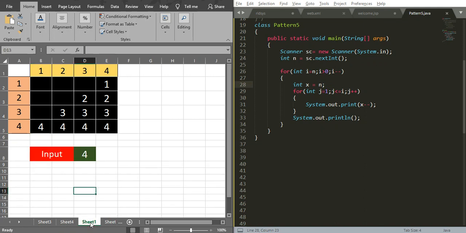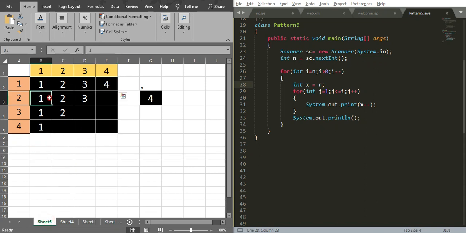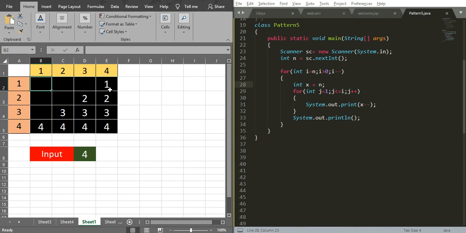Okay, so let's go to the next program. If you take the first program, last program and all, we have printed numbers from left side to right side. The second pattern is also left to right. But here the numbers are printed from right side to left side, right? Before that, from the left side onwards, spaces have been printed, right?